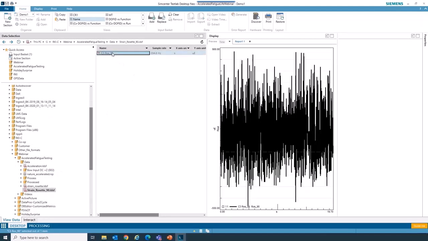Okay, there it is. I can look at the channel. This is how it looks. In the display, the x-axis is time and this axis is strain. This was measured from a strain gauge, from a rosette. We can see the strain goes from 900 to -500. We want to scale this and see how much difference it makes in terms of the number of cycles for failure.